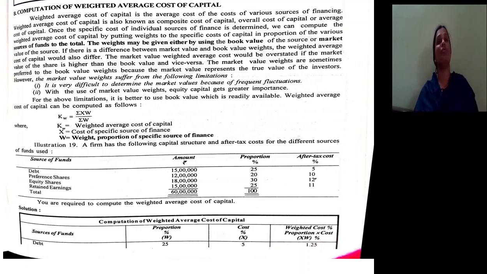Most of the time we apply the formula weight into cost is equal to weighted cost. The sum of weighted costs is the weighted average cost of capital. That is the best way to calculate the weighted average. But if the information is not helpful enough to apply that way, then what we used to do is take the total capital of each and every source and multiply it with each respective cost. We used to arrive at the weighted cost. The sum of weighted costs divided by the sum of total capital into 100 is equal to the weighted average cost of capital.